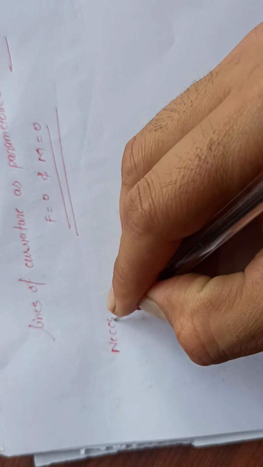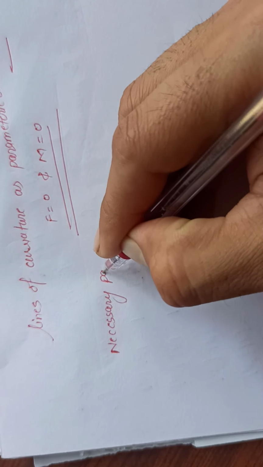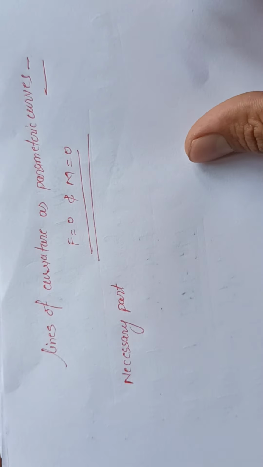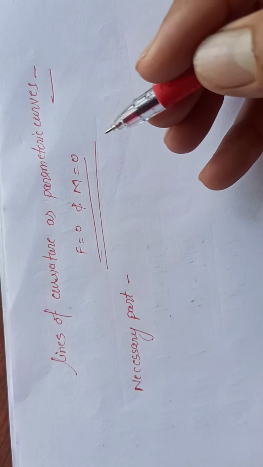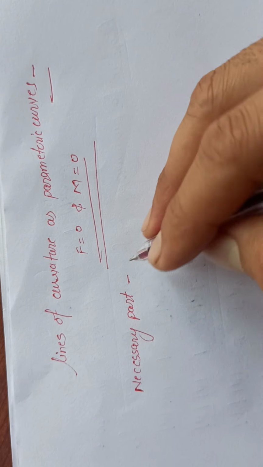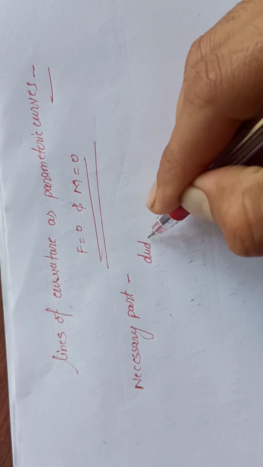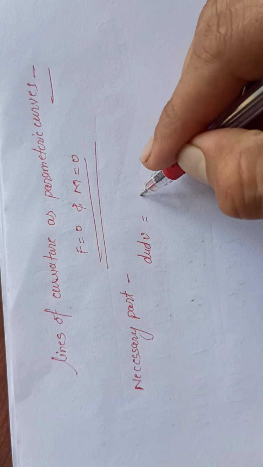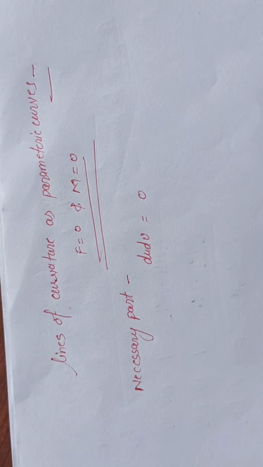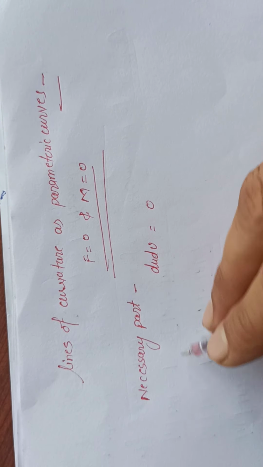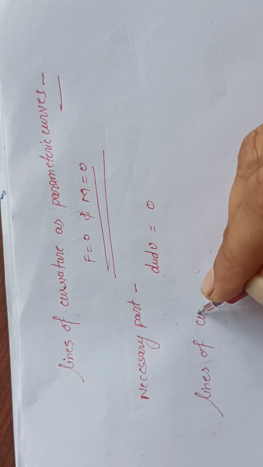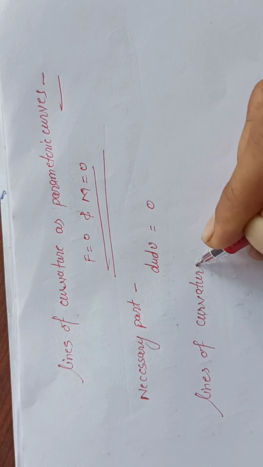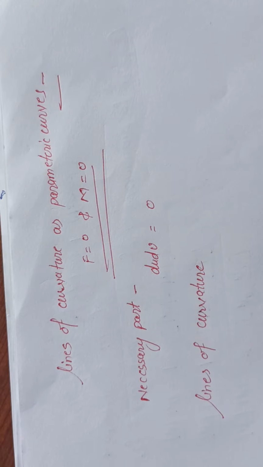For the necessary part, let us consider that the lines of curvature are along the parametric curves, or our parametric curves are the lines of curvature. The equation of the parametric curves is given by du dv is equal to 0, and the equation of the lines of curvature is